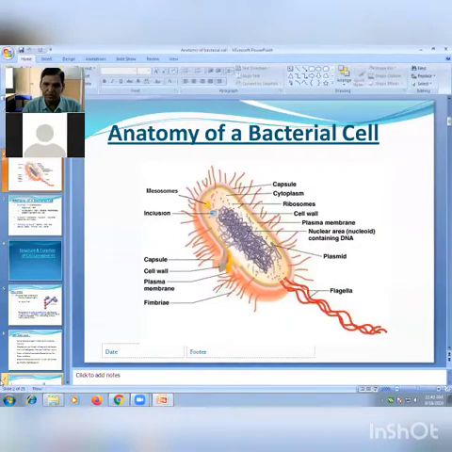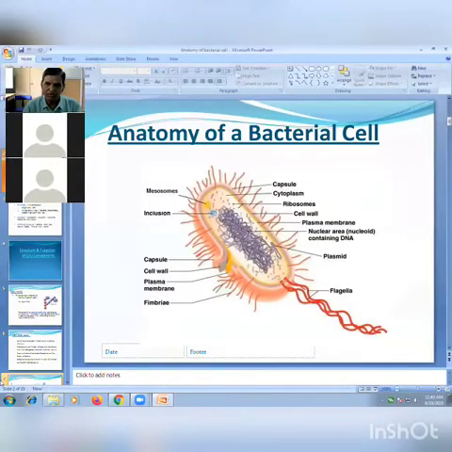If you observe under the electron microscope, we can see the internal structures and outside structures. Flagella is the organ of locomotion, generally present in the motile bacteria. Then on the surface of a few bacteria like gram-negative bacteria, fimbria or pili are present. Then plasma membrane, also called the cytoplasmic membrane, is present below the cell wall. Then the cell wall, and in a few bacteria, like the capsulated bacteria, a capsule is also present around the cell wall.